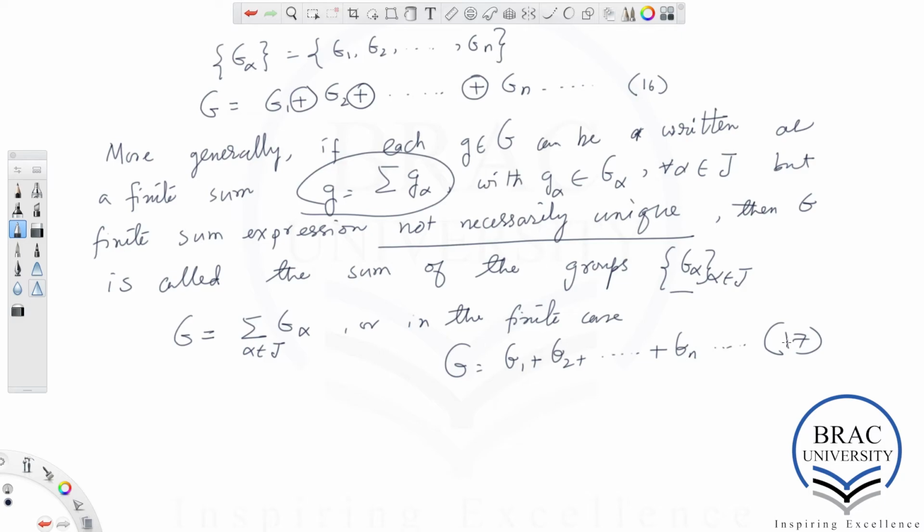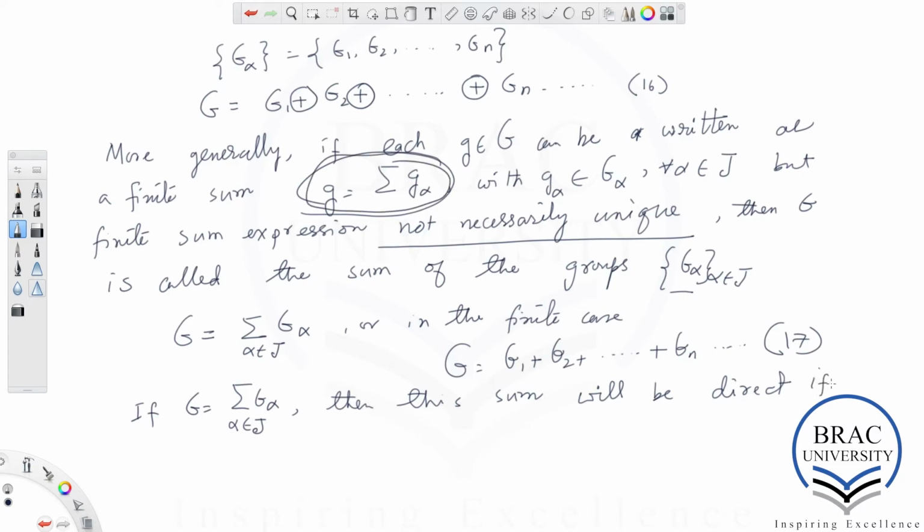That's the thing. So let's see. If G is equal to the sum of all G alphas, where alpha runs in the index set J, then this sum will be direct, or in other words, this expression will be unique if and only if